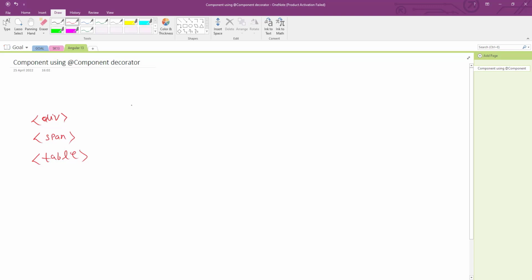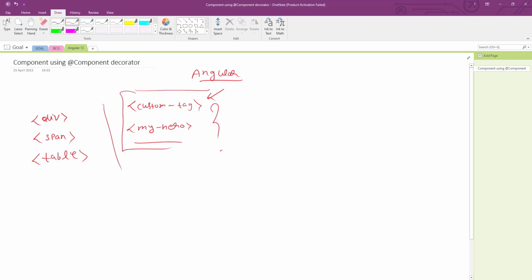So can you write your custom tag? If you want to write some custom tag, will the browser understand? If you write my hero, will the browser understand? If you give any custom name, will the browser understand? Right? So Angular is here. Angular gives you the power to create user defined custom tags. You can create your own tag and these tags are called component,